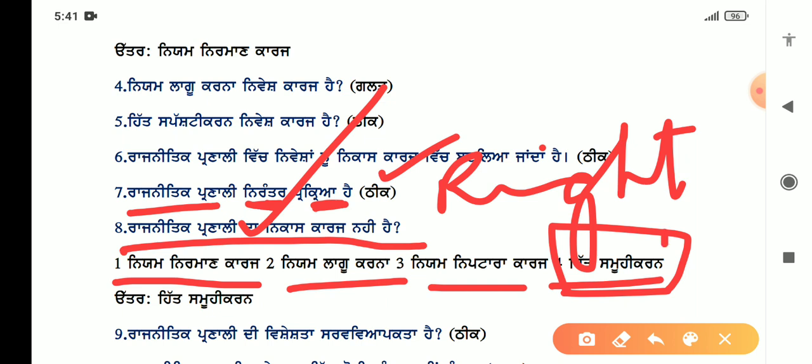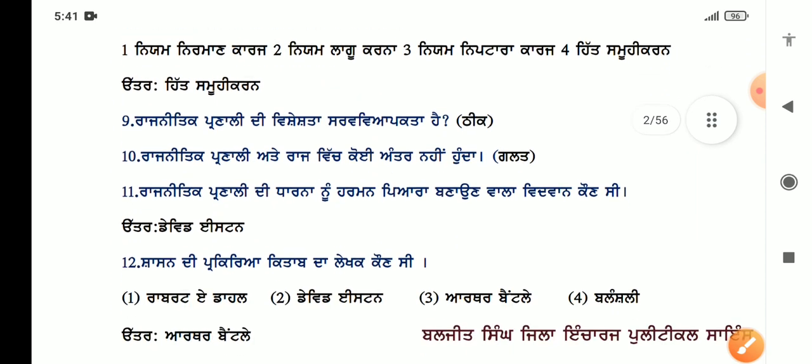So this is interest aggregation, and it is not the output function. Next,